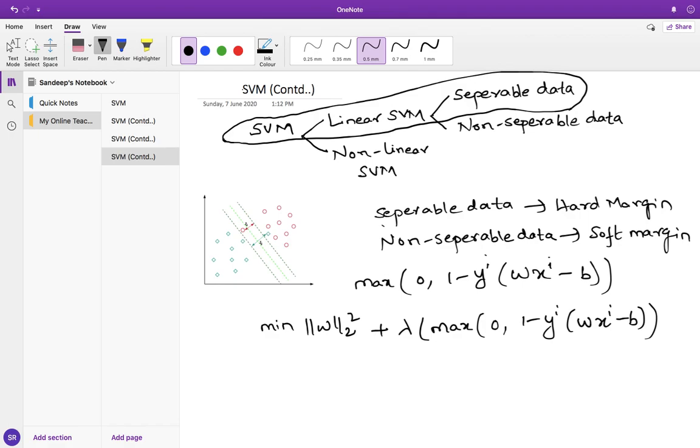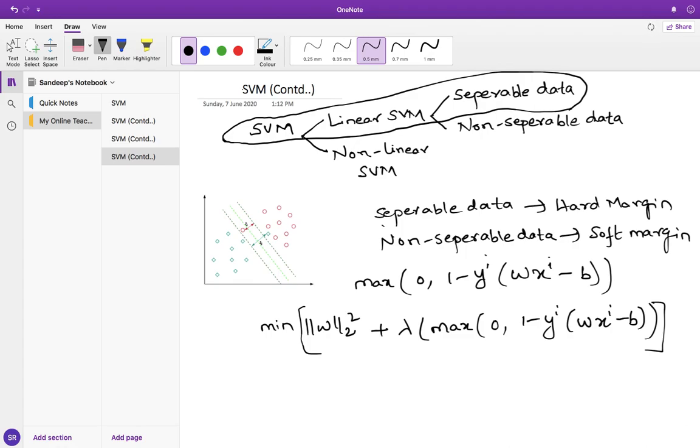So when this product is not greater than or equal to 1, rather than putting strictly the condition that this should be greater than or equal to 1, we are having some kind of a soft margin, where if this particular product is less than or equal to 1, we will have some kind of a penalty on that. So there would be some value, and we aim to minimize that whole thing. So we are minimizing the whole expression. Okay, we want to minimize this whole expression.